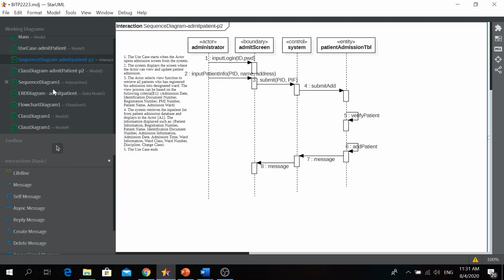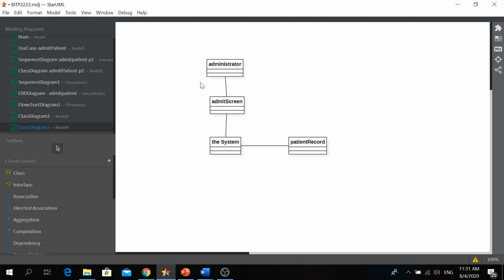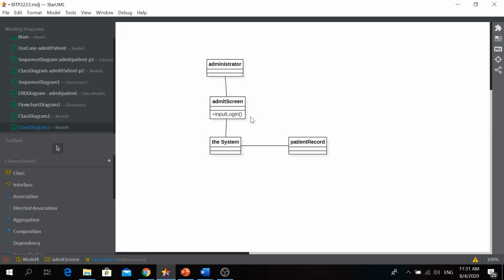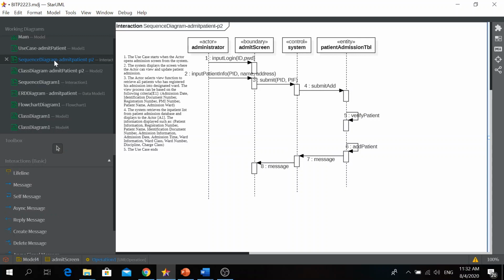Okay, we start to create the operations of admit screen. What is it? Input login, right? Okay. Input patient info.